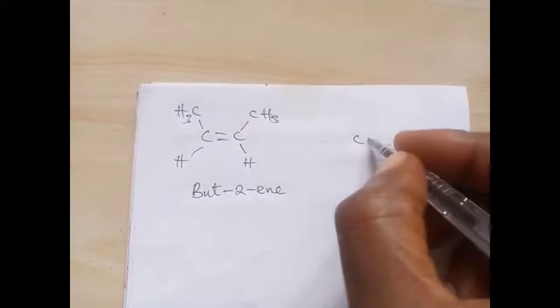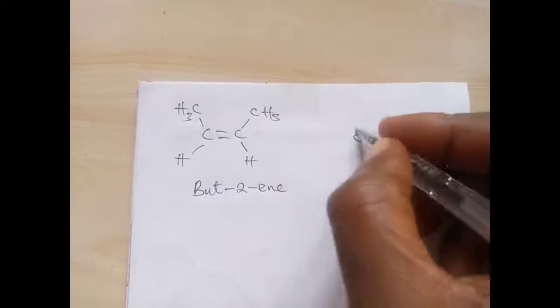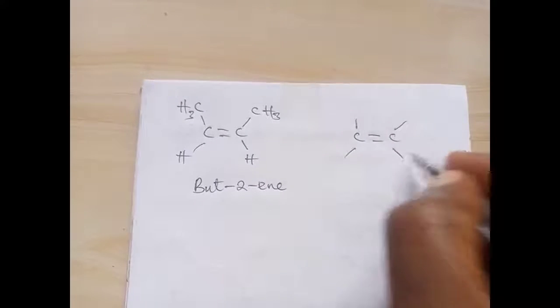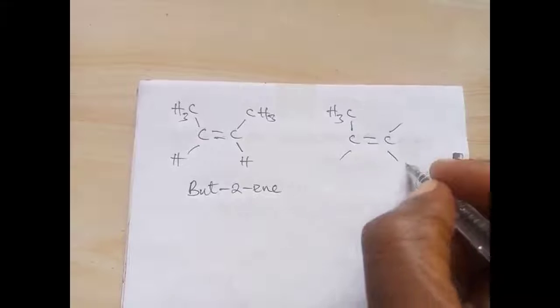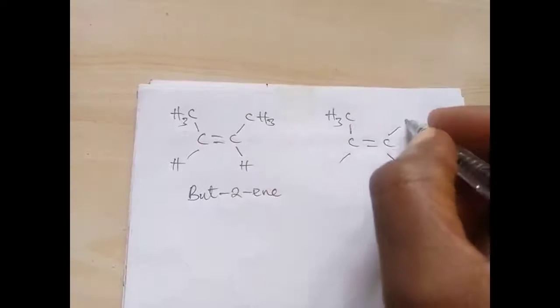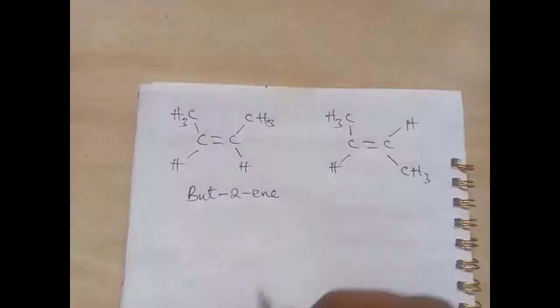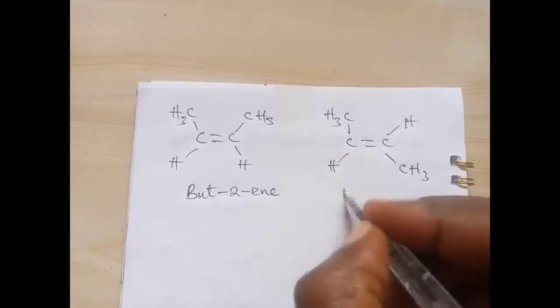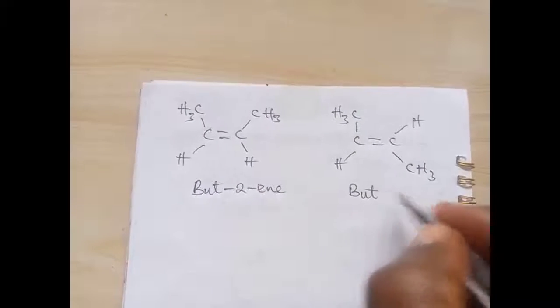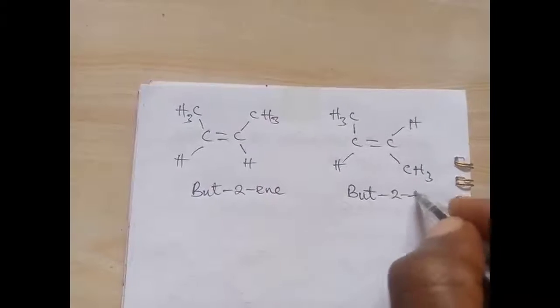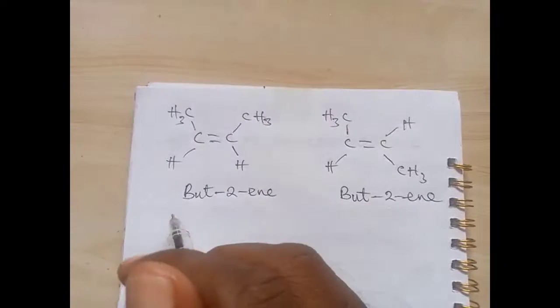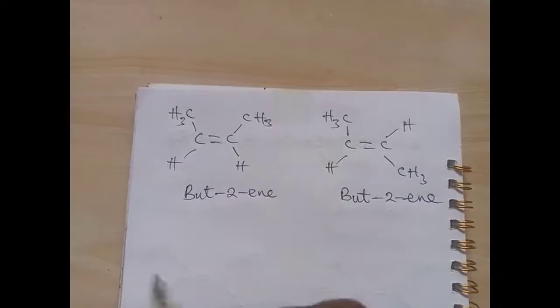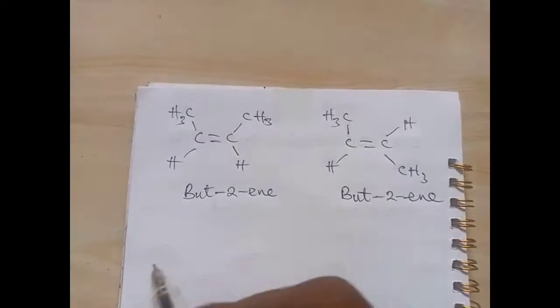Now if we also have this, here we have a methyl group and here we have a methyl group. Here is hydrogen, here is hydrogen. Now this is also but-2-ene. But we need to note that we call it cis if